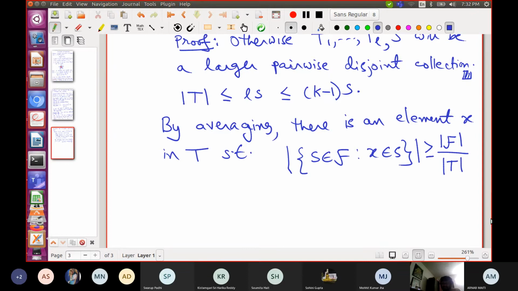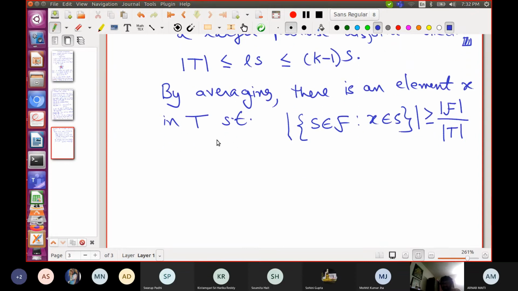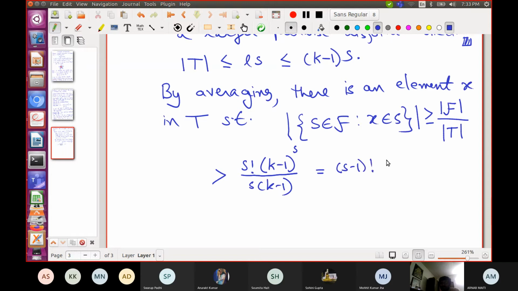Yes. And so, how much is this? Mod F is at least S factorial times K minus 1 to the S, we said. So this is strictly greater than S factorial times K minus 1 to the S divided by mod T, which we said is at most K minus 1 times S. So let me write S times K minus 1, which is equal to S minus 1 factorial times K minus 1 to the S minus 1.